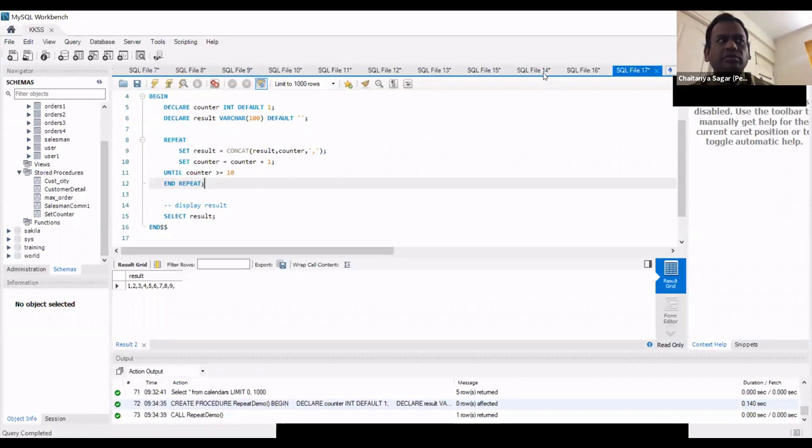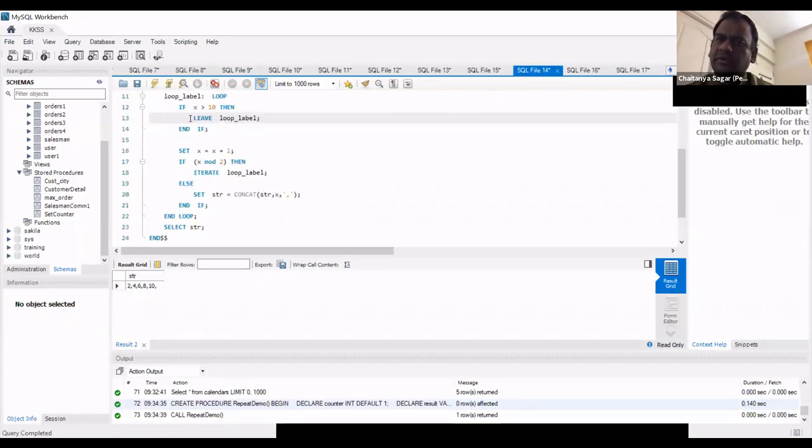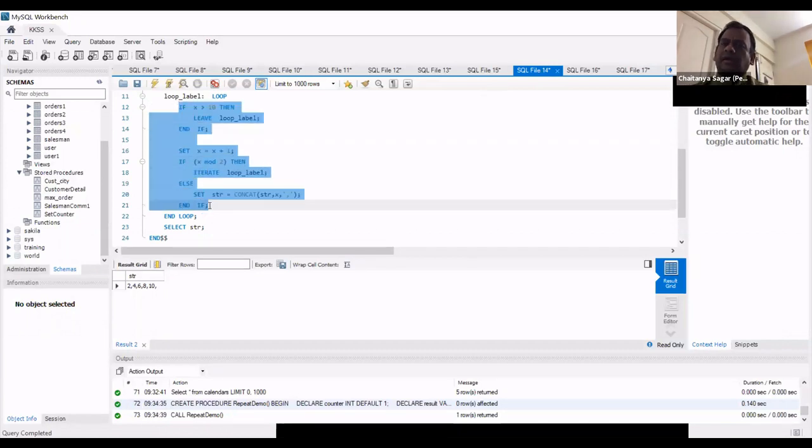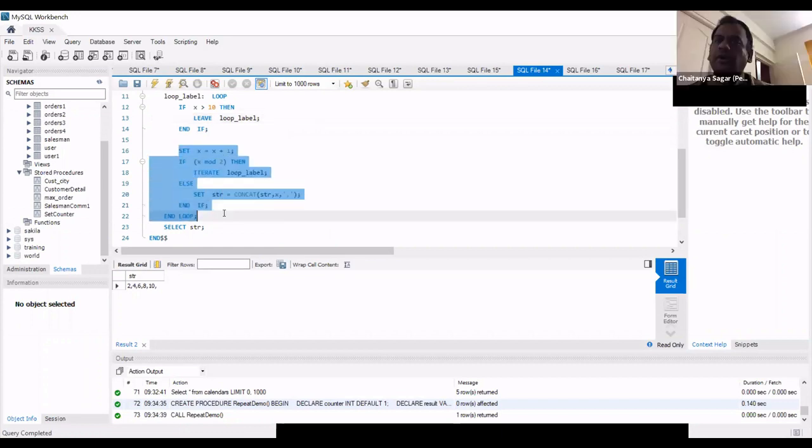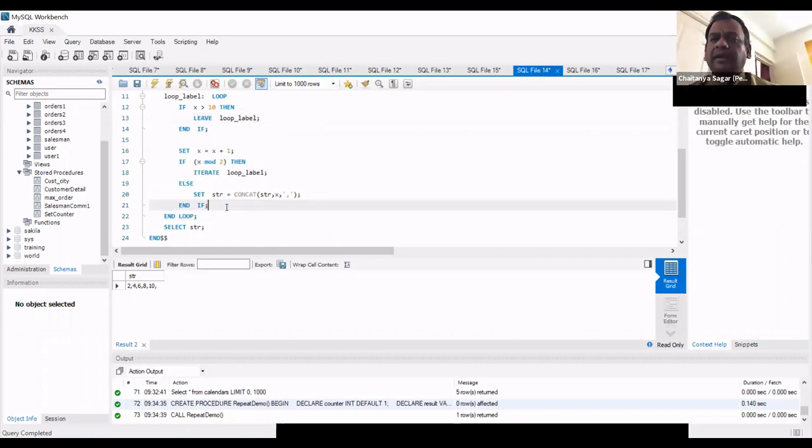So when we do a loop in SQL, does it go through one row after another? What is it looping? Okay, so everything within this is running. It will first check the first line. If the first line satisfies, it will just leave the loop. It won't come here. I understand it is executing line by line, but once it goes to the next loop, is it going to the next row? Next loop means next row.